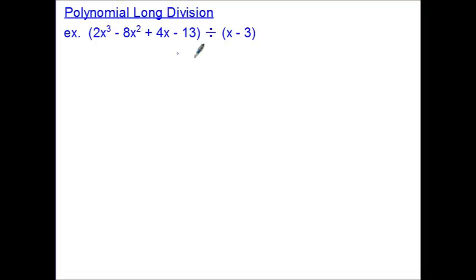Of course, the thing you're dividing by goes out in front, just like the 7 from the last example had to go out in front. And then the thing that you're dividing into, in this case this big old polynomial right here, goes inside, underneath, whatever you want to call it. And then we're ready. Basically each term of the polynomial is kind of like having the digit of a number. So this is a 4-digit number inside here, this is a 2-digit number outside, and we're just going to divide. Although you don't exactly handle them like digits,